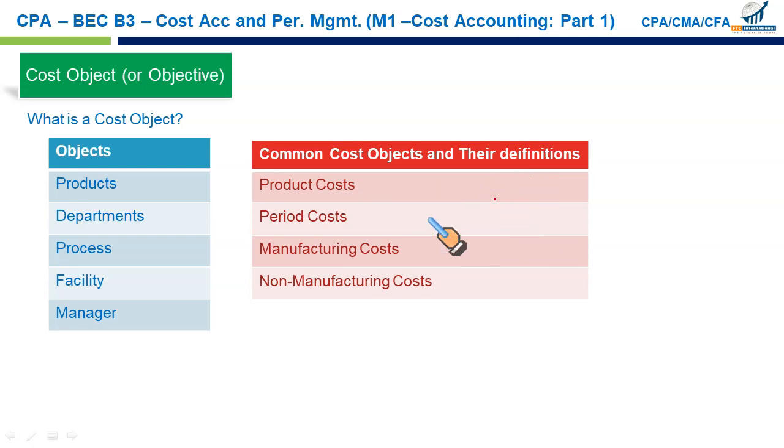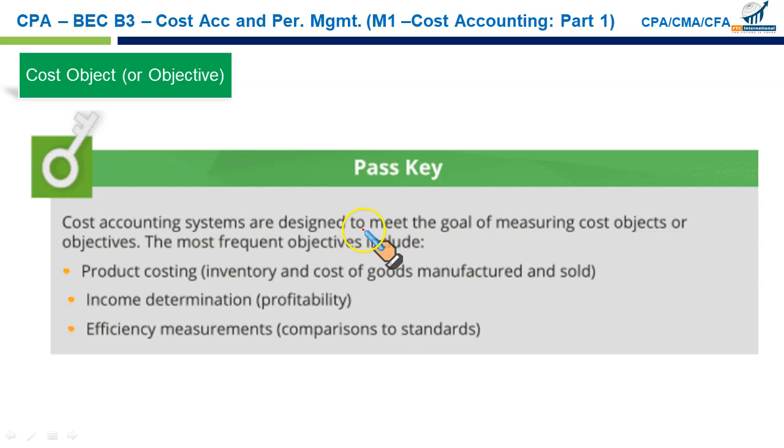Another classification could be the manufacturing cost. These are the costs of manufacturing we discussed a little while ago: direct material, direct labor, variable overheads, and fixed overhead, all the costs that become a part of product. Could be cost of goods sold, which is a cost as well, cost of goods manufactured, total manufacturing cost. We'll discuss these things in detail with numbers in your MCQs. And non-manufacturing costs are the costs that are not manufacturing cost. In other words, selling and distribution, variable and fixed, administration and general, and other incidental costs other than the production cost. So here we have an important point.